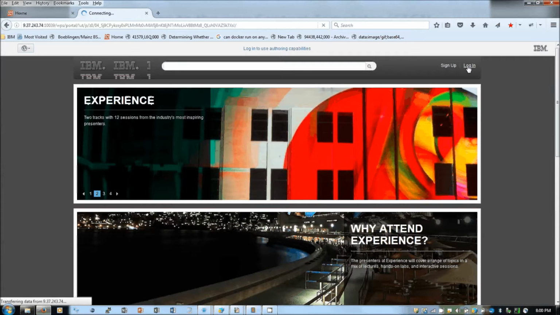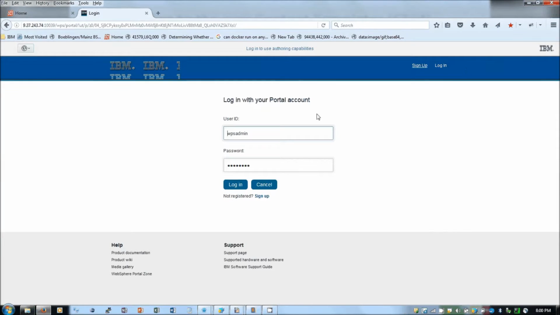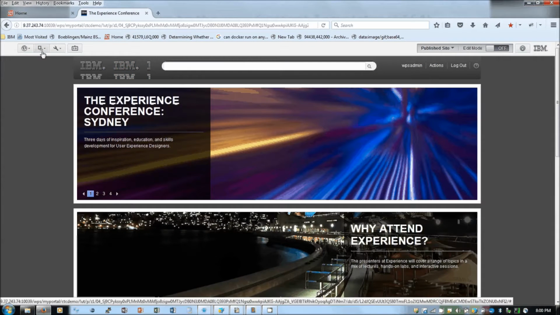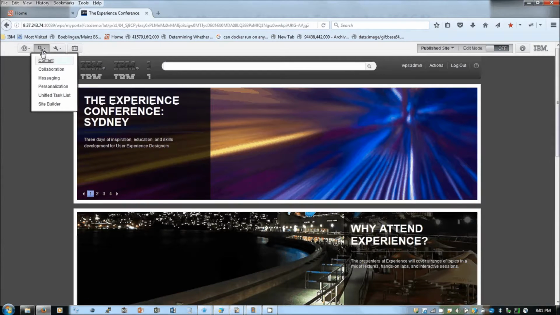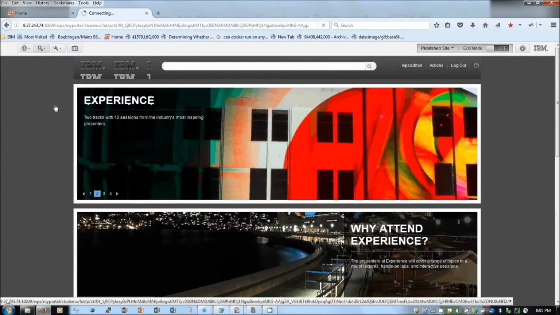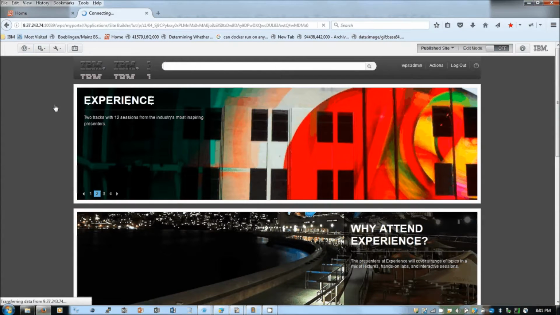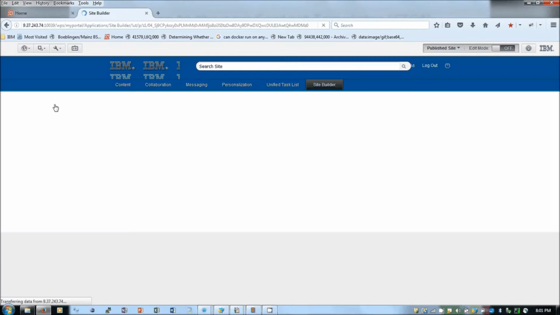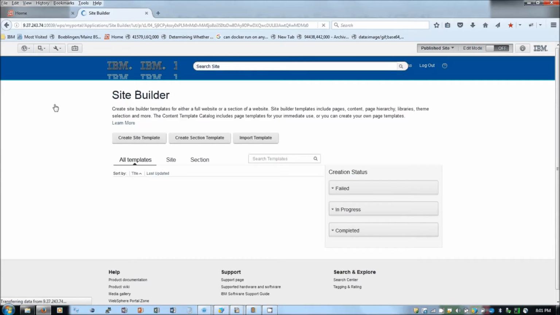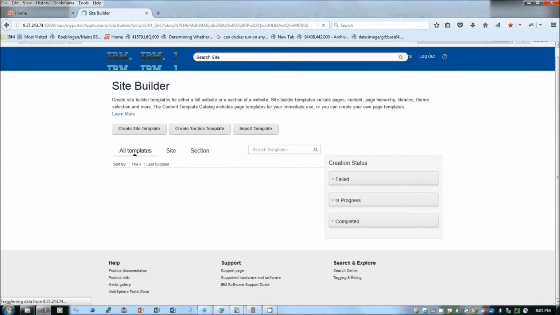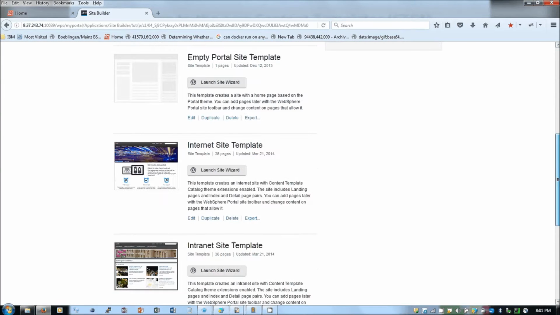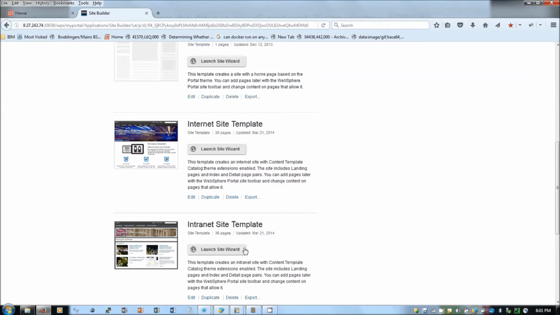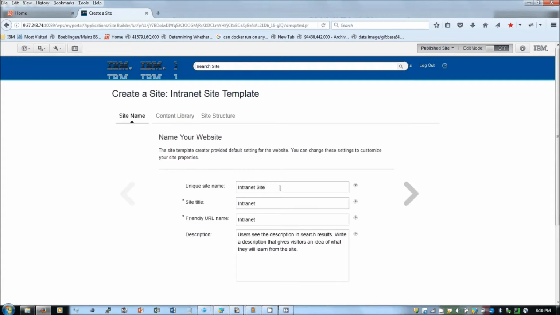Log into portal. Open the applications menu and then go to Site Builder. Select an intranet site template.